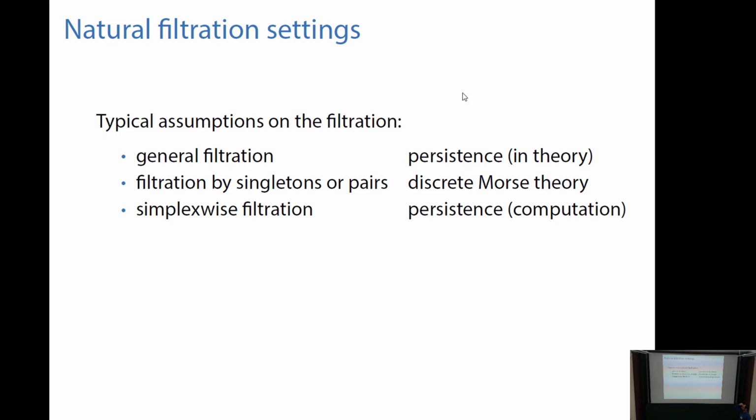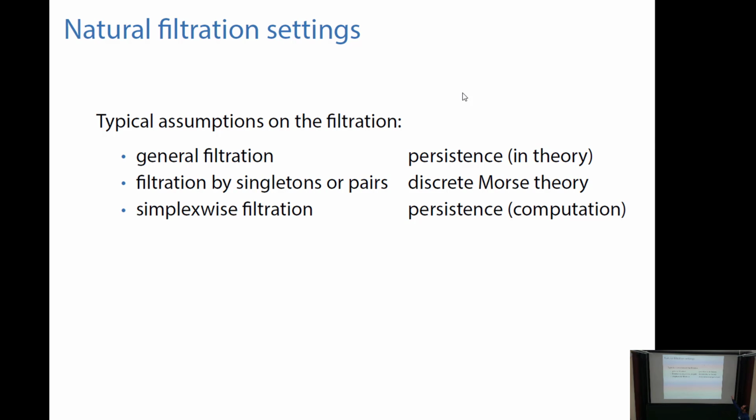To motivate this, let's consider what kind of different classes of filtrations we study in different aspects of persistence and Morse theory. So in general, when we talk about the theory of persistence, we don't make any assumptions on the filtration. So many simplices can enter the filtration at the same time. Discrete Morse theory makes the fundamental assumption that things appear either as singleton simplices or in pairs. So we somehow made things a bit simpler already